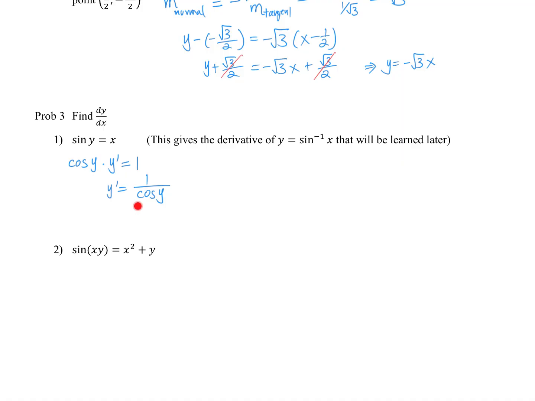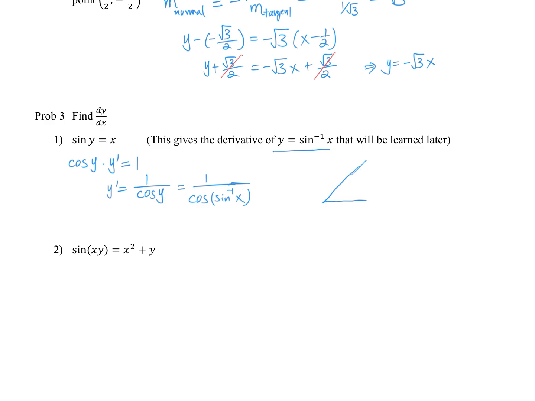Now, actually, we can do a little better. In the future, we actually want to write this in terms of x. So keep in mind, what is y? Y is sine inverse of x, right? So therefore, this is 1 over cosine sine inverse of x. In your trigonometry class, usually you have this kind of exercise to have you simplify this kind of expression. When you have this kind of expression, you want to